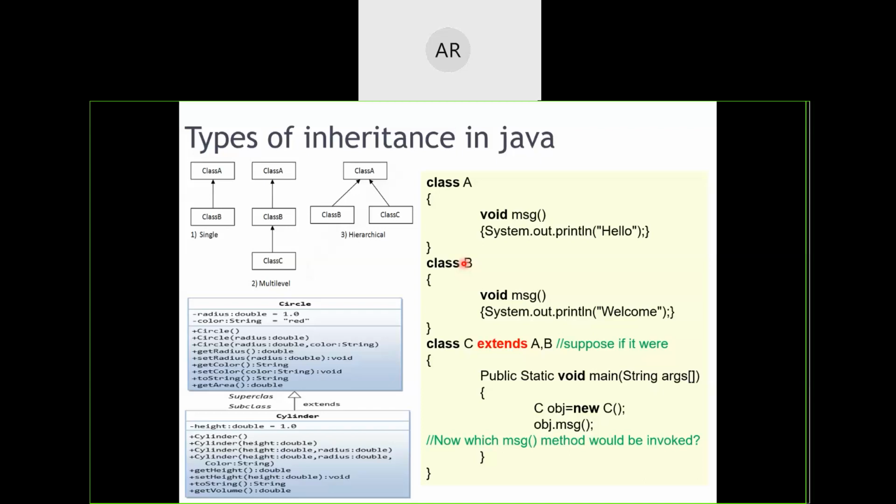It gets stuck up. This was the problem that was created by multiple inheritance, because we are trying to inherit two classes inside one class, which is multiple inheritance, and there may be a chance that this type of issue may occur. Java says no need for having multiple inheritance.